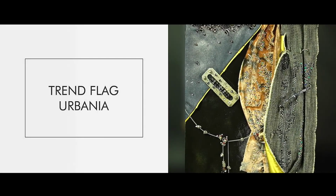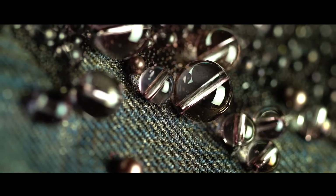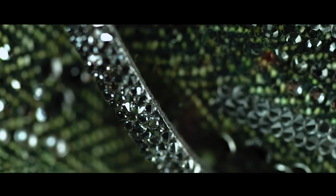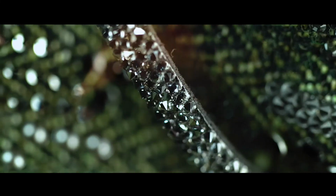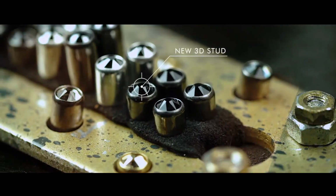The Albania trend flag for Fall-Winter 2018-19 brings streetwise attitude with hardware offset by high-shine metallics, lustrous pearls and sparkling crystals. Scrap metal style shines through when you join fabrics by screwing down a metal plate embellished with Swarovski's new